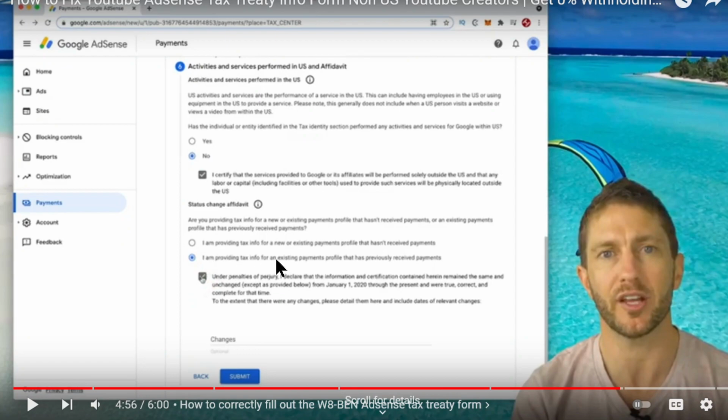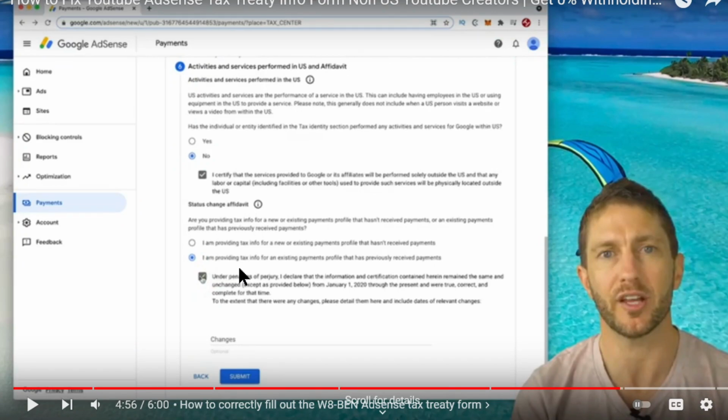Then here, existing payment profile that has repeatedly. The problem here is the payment that people, that is not clear, and the new or existing. You cannot be new and or existing. It's not possible. It has to be one of both. I know I'm talking a lot here, but I don't care because I hate confusion, and I'm sure